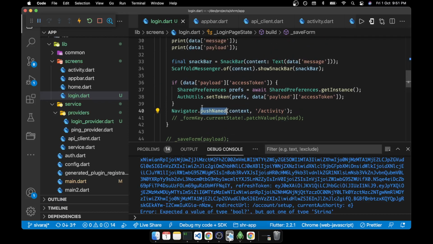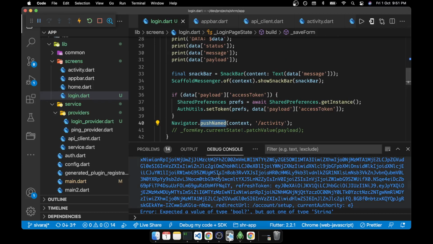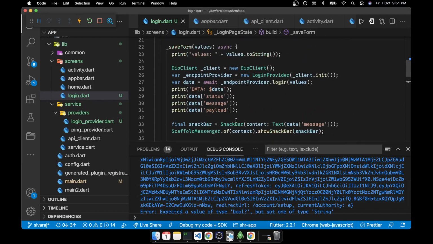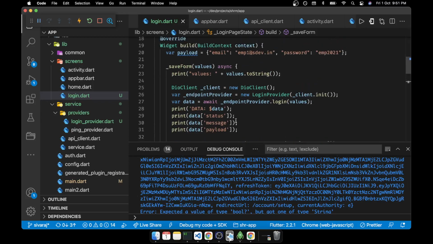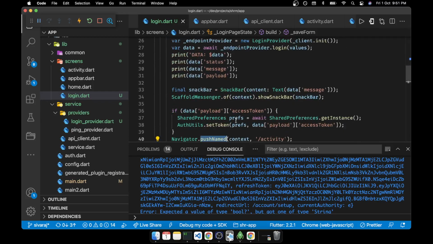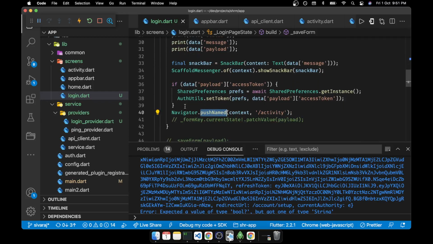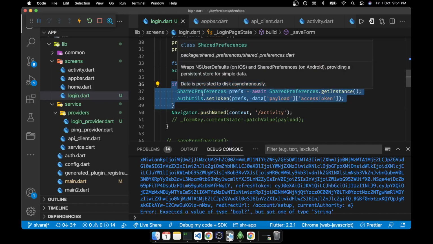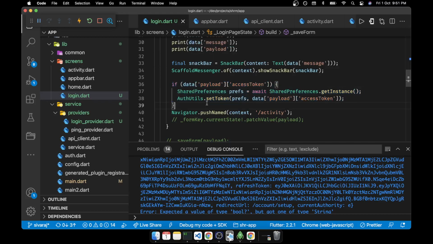So how do we call that, Navigator.push with context? Okay. Context we have. Is the problem here or there? Snack bar, okay.